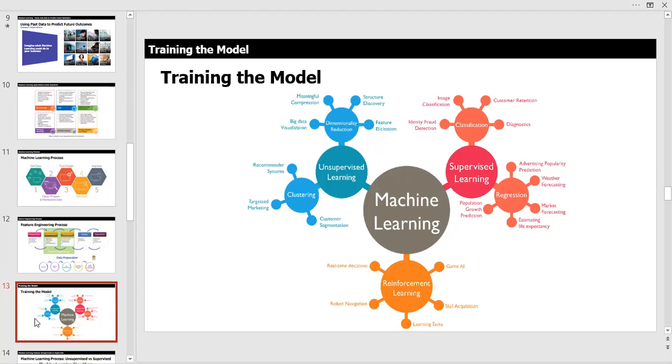So you get all this data in, and the first thing that they try to do is make it more manageable. That's called dimensionality reduction. And then once they get it where it's manageable, they go through this process of clustering. And then they group things together. We're going to show you this in a second. Once you get it where it's manageable and organized and clustered, then you can classify it. And then once you have it classified, which is under supervised learning with structured data, you can begin to start doing regression, which is your prediction capability.